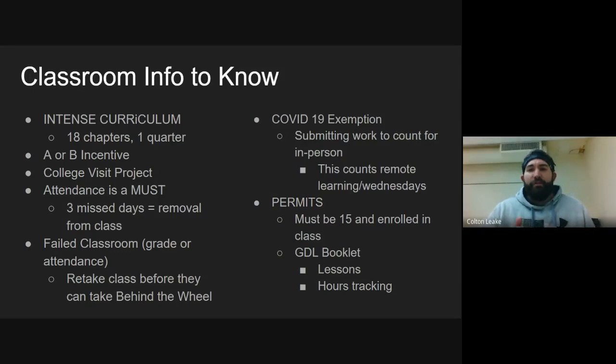Just so you know this, maybe as a carrot to dangle over your kids' heads, we have a pretty intense curriculum. We have to cover 18 chapters in 9 weeks. Within those 9 weeks, we have days that we miss because of holidays, student in-services, and conflicts because of COVID.